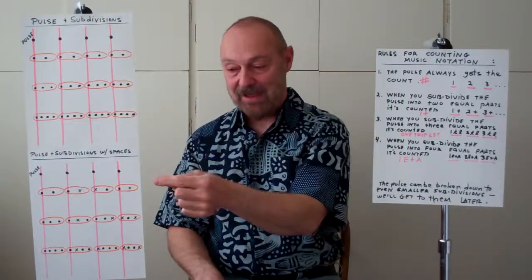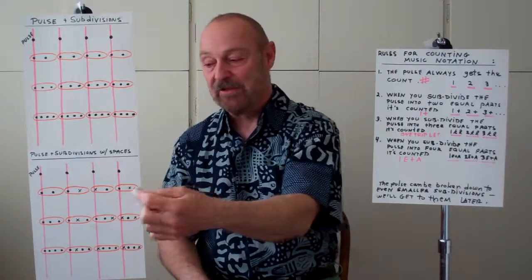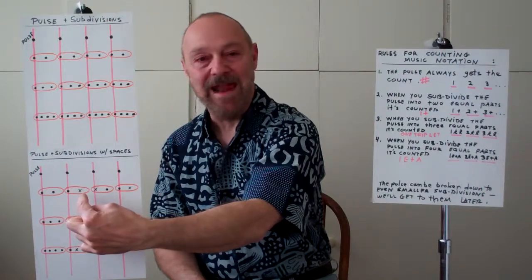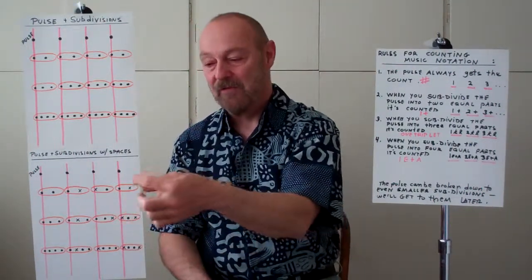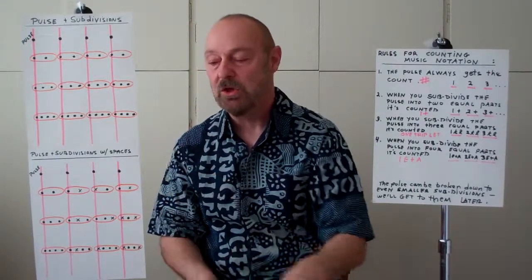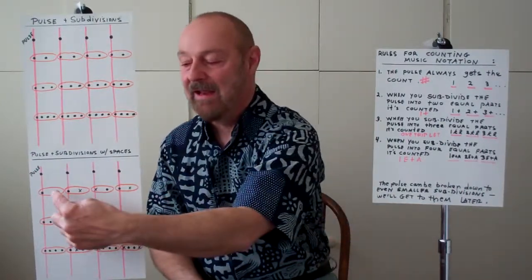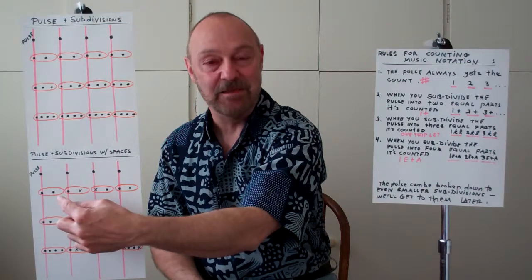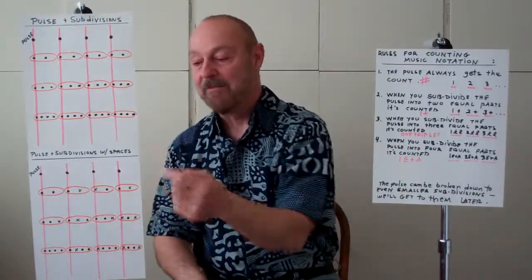Now on the second page, the same exercise, only we're leaving some spaces. You'll notice, wherever there's an X, I am not going to play. I'm leaving that as a space. So the first line is the pulse. 1, 2, I'm playing the pulse. 3, 4. The second line is cutting the pulse up, subdividing it into 2 equal parts, but leaving some spaces. So it's going to be